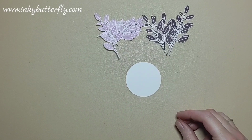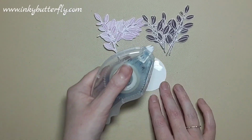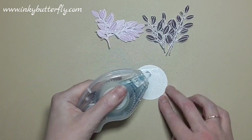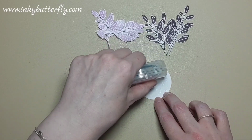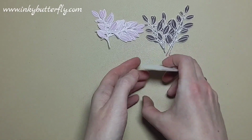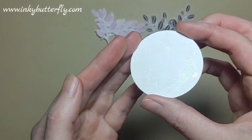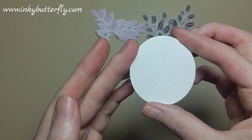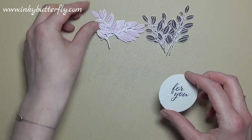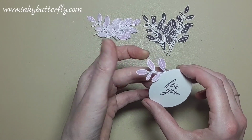our leaves up around it. So I'm going to pop some strips of Stampin' Seal all the way around that. I don't know whether you can see that. Oh, there we go. Strips of seal around the back there, so that we can now start adding these leaves to the back. So what I did was I sort of hung them over the edge like that,